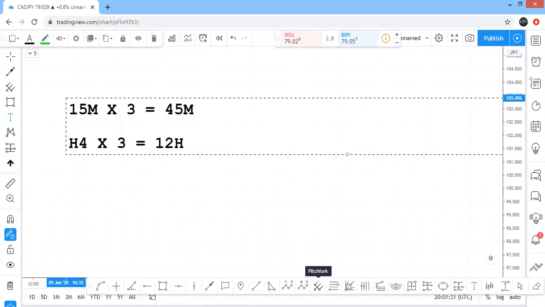So if you're able to analyze and execute in the 4 hour time frame, then you know that within a 12-hour period, you should be waiting to see the expected direction. It doesn't always mean that it will take 12 hours. It can happen sooner or it can take longer, but that will give your mind the ease of not having to check your phone every 2, 3, 4, 5 hours.